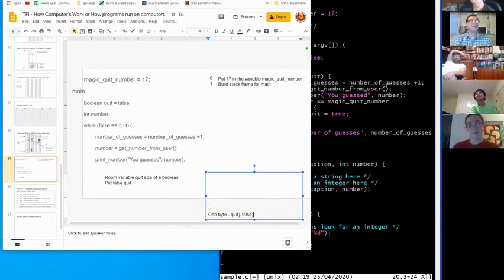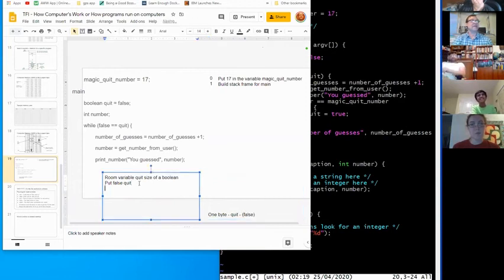So now false is in the space for quit. And then it's going to say make room for an integer